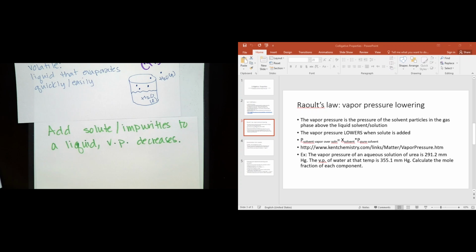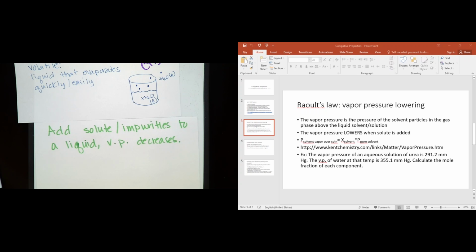That's because the solvent molecules are interacting with those particles, and there's some attractive force between the molecules in the liquid phase and any solute or impurity that you add. So when you add a solute or an impurity, the molecule in the liquid phase is actually getting tied up. I think of it as being tangled up with these particles that we've added. And so it's not readily converted to the gas phase because there's something else going on. It's like trapping it in the liquid phase.